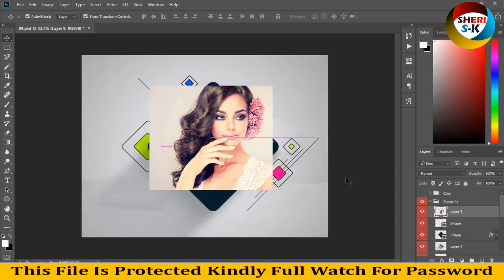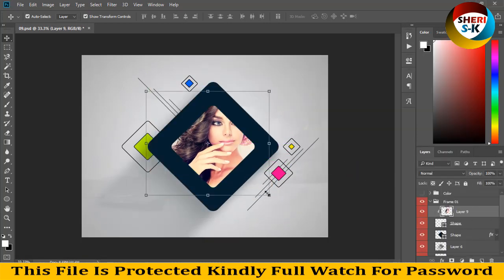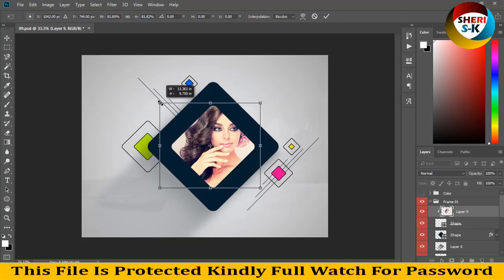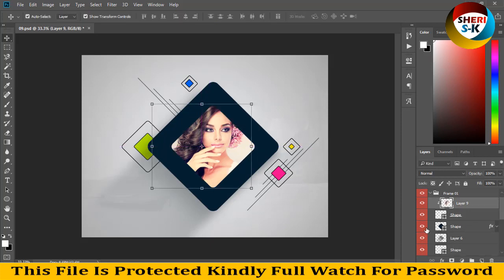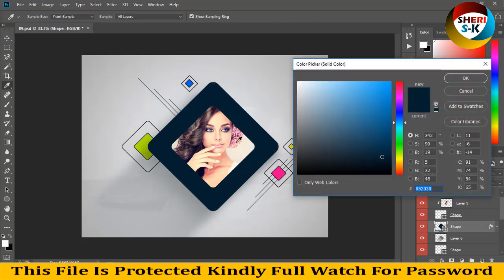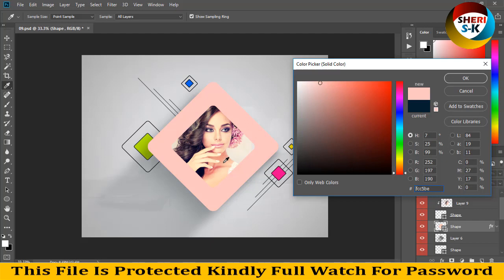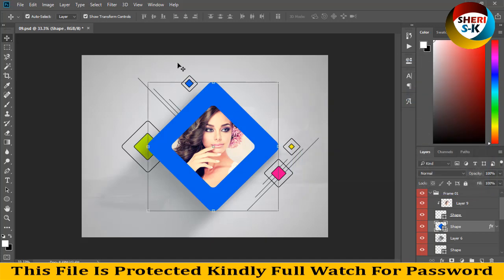Now right click, create clipping mask. This is very simple and very easy. You can adjust. Enter, and here is color. So you can adjust the dress color or the background if you want. I think this color is better. So very simple, and